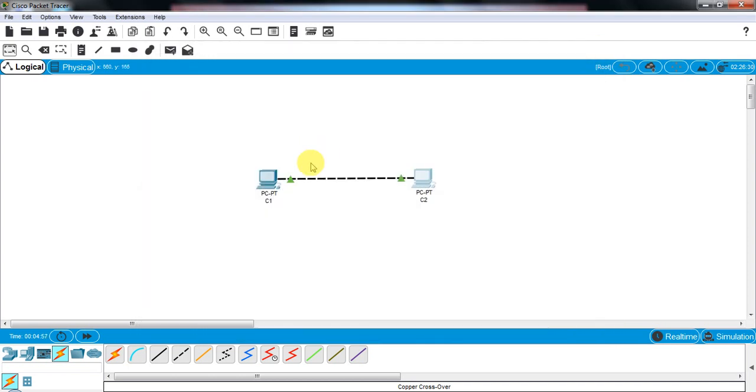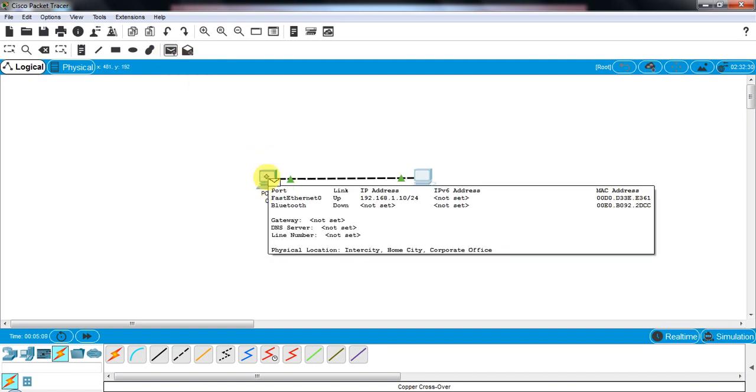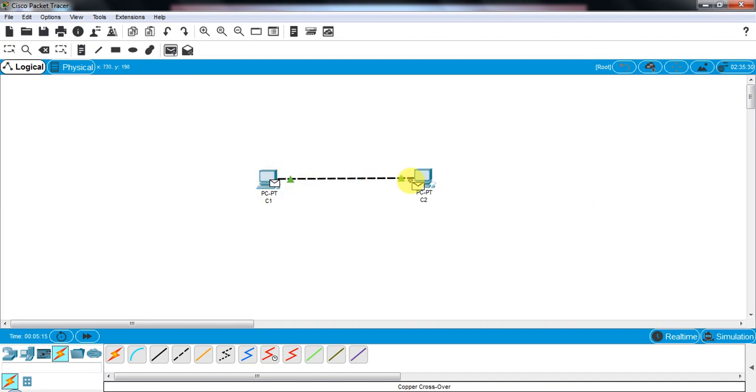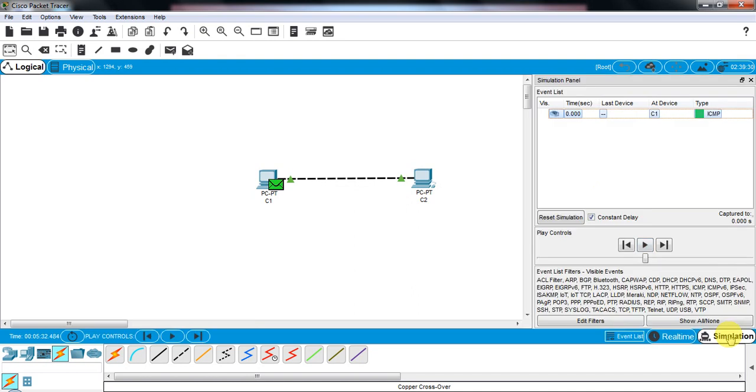Other than this kind of validation, we have another way of validating our connection using a simple PDU. Select this particular option, put a PDU from the computer from which you want to send to the computer which you want to receive it. After that, go to the simulation mode. From simulation mode, you have to play the simulation.